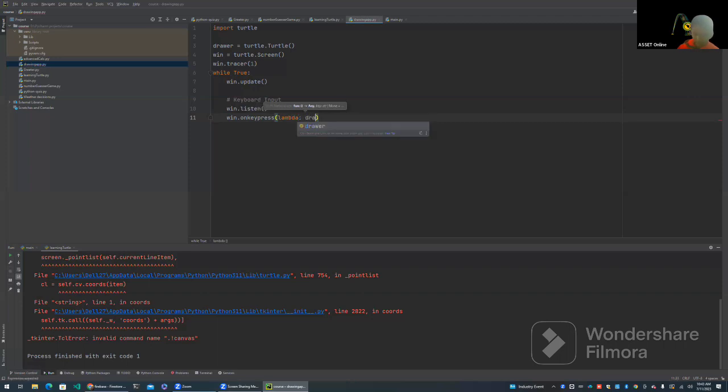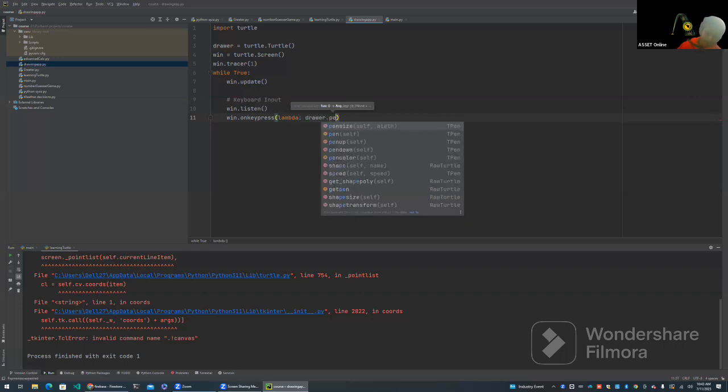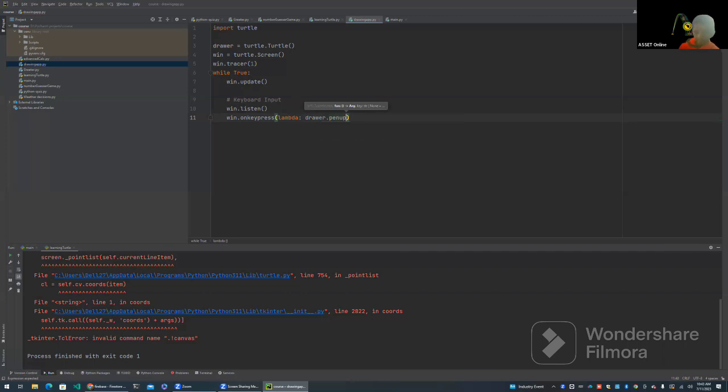So lambda: drawer dot pen up. And then this is going to be the Q button. So I think that's how it is. How this works is it basically allows us to use